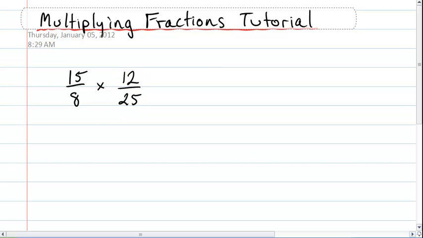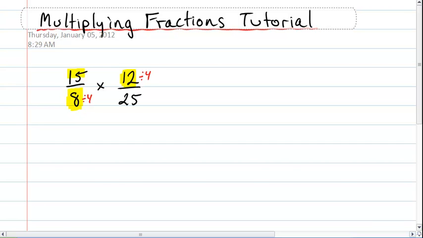So the next thing we look at is, is there a number that goes into both 8 and 12? We kind of look crossways. All right? And we can see, yeah, there's a common number that goes into both 8 and 12. It's 4. So if I divide the 12 by 4 and 8 by 4, then I'm going to get a smaller factor to work with.